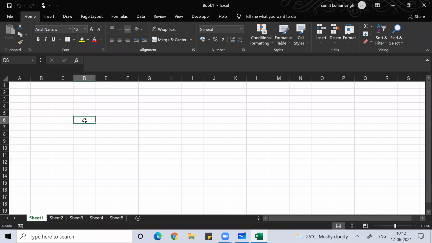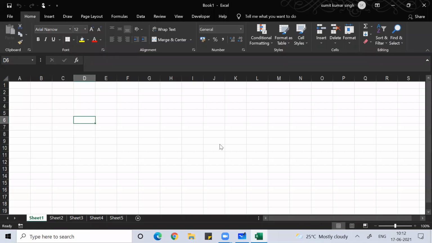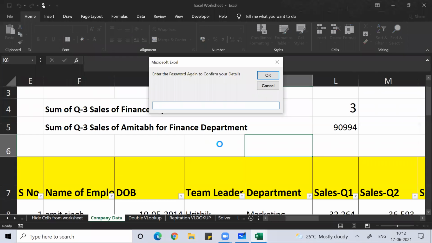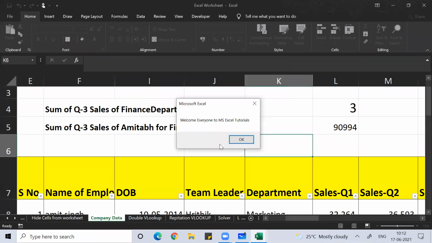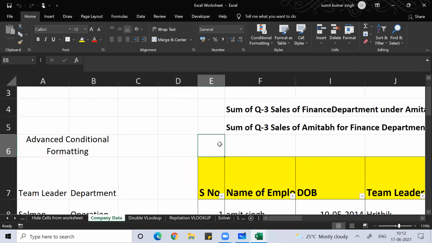Now, if I want to open the Excel file like this, yesterday I sent you a practice worksheet file. Passwords and all, I believe you know how to do. We go under info and encrypt with password. And under VBA, if you want to write a password, I have already shown you the code for how to write the passwords under VBA.